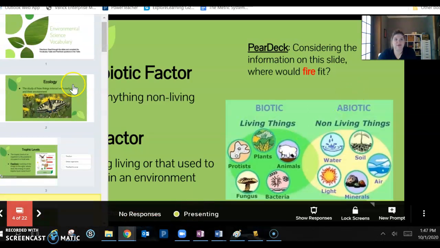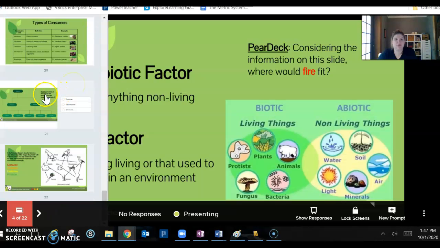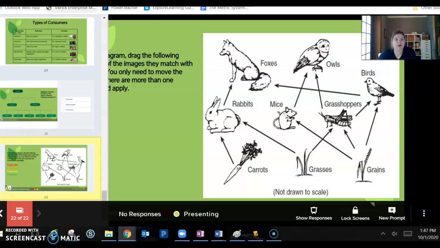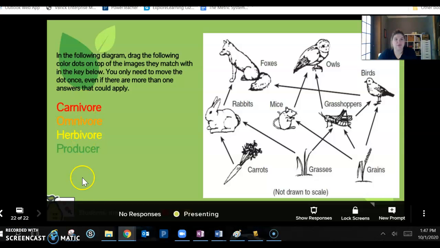And then, let's see. Most are fairly uncomplicated. You'll choose, you know, based off the information given to you, answer the question using your knowledge about the vocab term. And then for this last one, there will be 4 colored dots